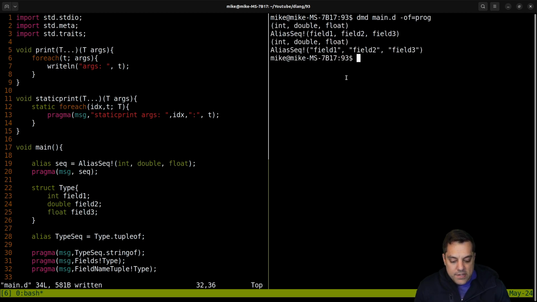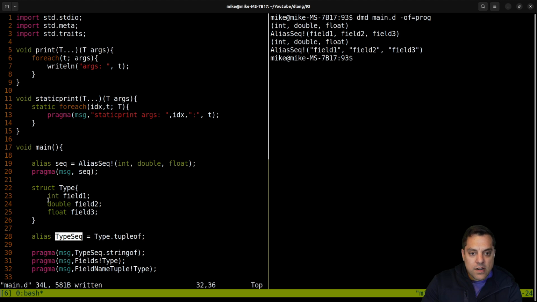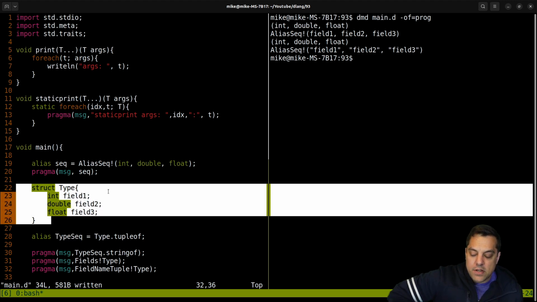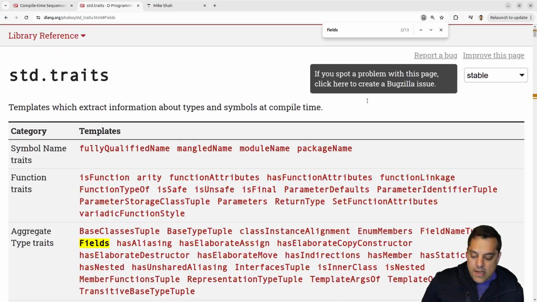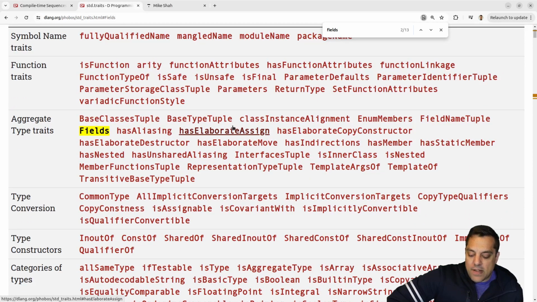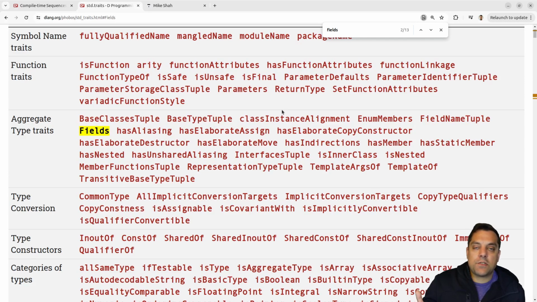Again, all the trait stuff you could do at compile time. So again, I can see I've got field 1, field 2, field 3. And when you see this being written out, you see that they are alias sequences, the same thing that we are creating here. So this is pragmatically where you're probably going to start, where it's useful for just doing some introspection on types here. So again, it's a little bit of a challenge. You can go to the traits library and just start asking questions about different data types at compile time. And sometimes if you're looking through fields, or let's see